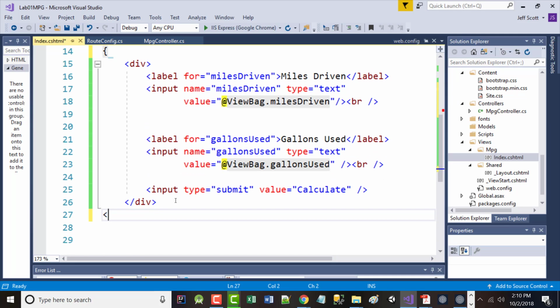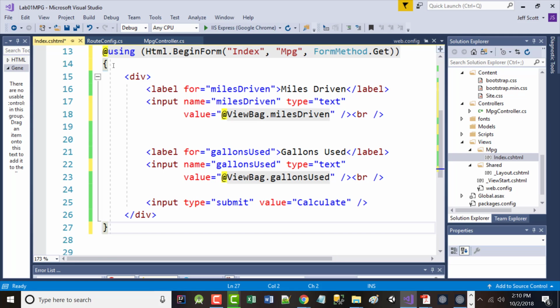So our form tags have been replaced with this using and then the curly braces. Our label tag now is